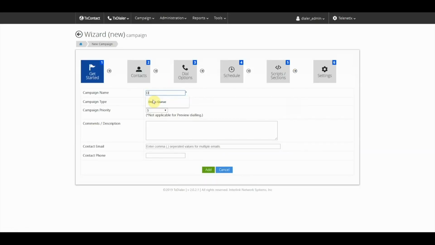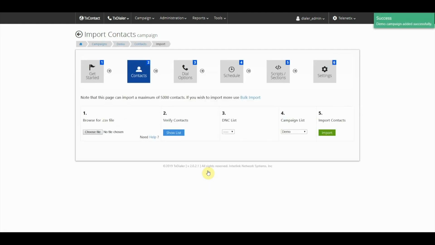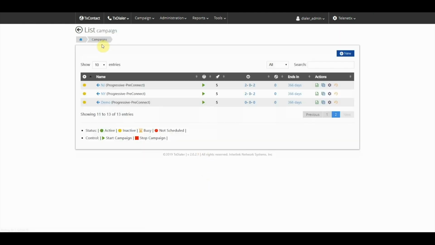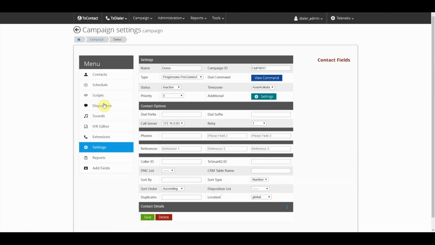Click on the plus icon here to launch the new campaign wizard. Let's name the new campaign Demo and assign it to the pre-connect mode. Then click Add to create the new campaign. When you come back to the campaign's listing page, you will see that the new campaign is added to the list. Now let me go to the demo campaign settings and show the different modes and campaign options that are